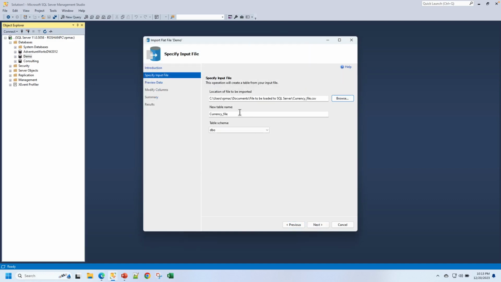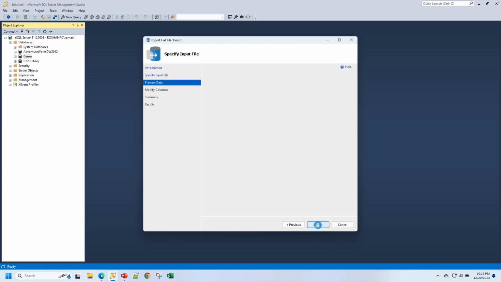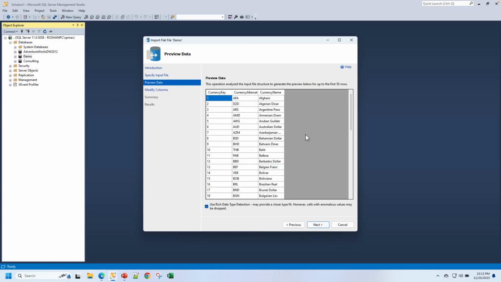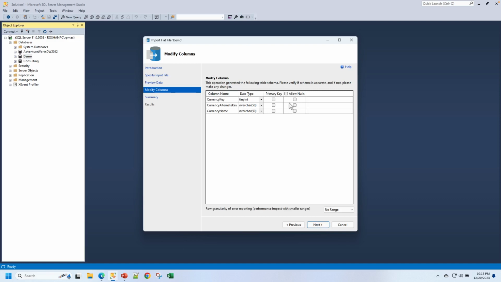It automatically gives a table name, so you can change that or keep it as is. In my case, let me leave it as is. It also lets you choose a schema. I do not have a new schema created on this database, so we'll just leave it as the default dbo schema. Do next, and it lets you preview the data, and do next,